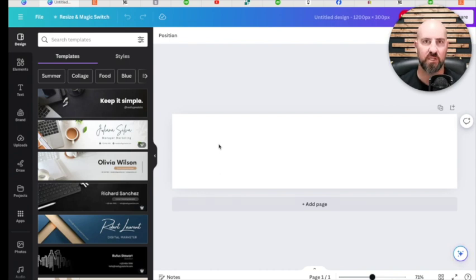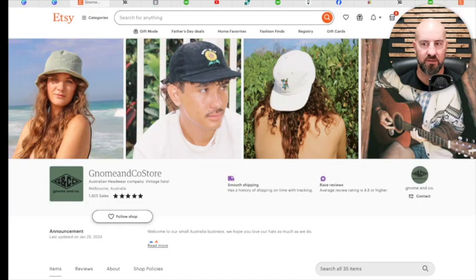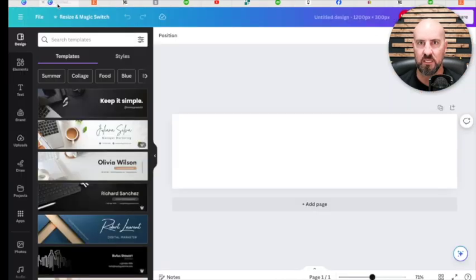Your banner image should showcase your best-selling items, your new items, or your holiday or seasonal items. Like this one showcases some of their best items. You can put your brand, you can put your name in here, but you don't have to. Your name's right here. So this is valuable real estate. So you're better off using it for your listings, since it's the first thing that people see when they come